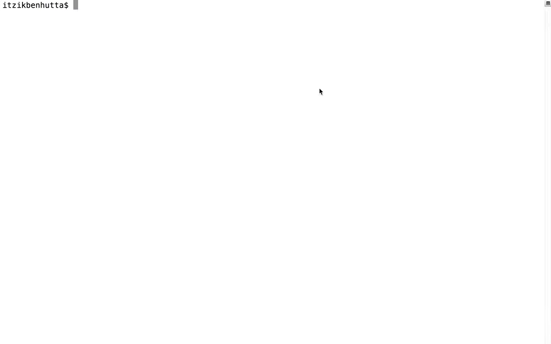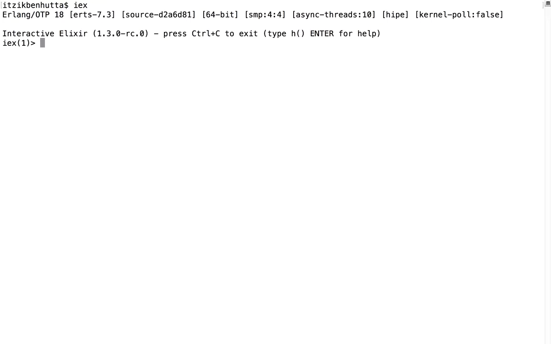And in this part, I'm going to talk about pattern matching, guards, and recursion. Okay, so let's begin. Of course, you need to have Elixir installed on your machine, and I'm going to put a link below to show you how to install it. So first of all, let's start the IEx console, the interactive Elixir, and I'm first going to explain pattern matching,